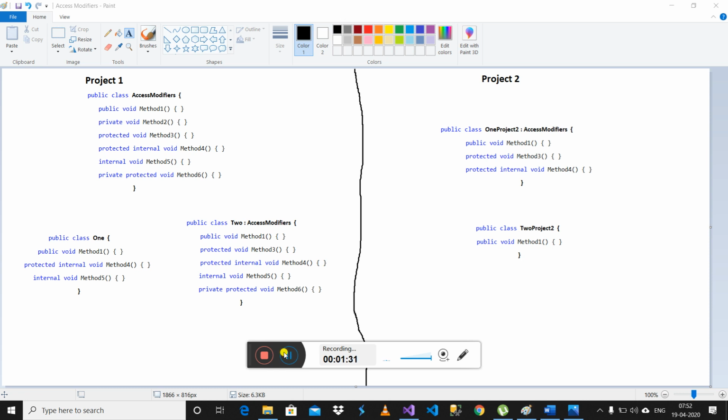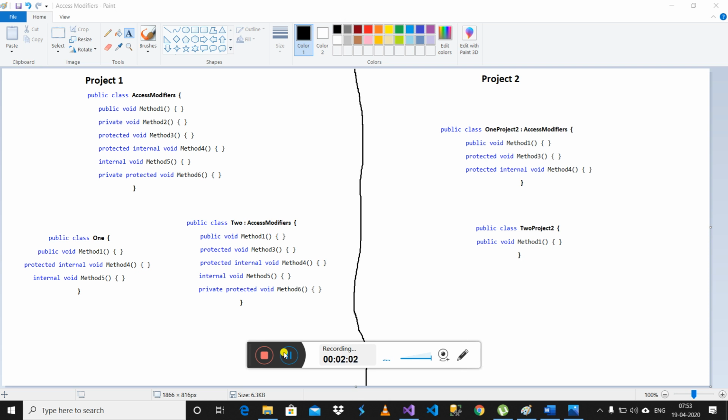So guys, this is the project structure. In this project structure I have created one class named AccessModifiers in project one, and this class has methods which are public, private, protected, protected internal, internal, and private protected. In project one, we have inheritance implemented and a normal class.